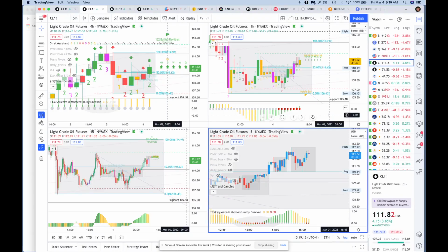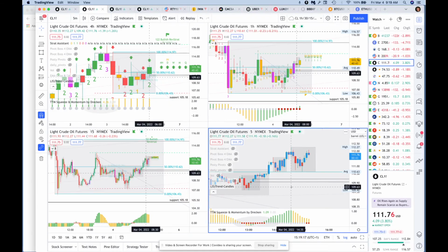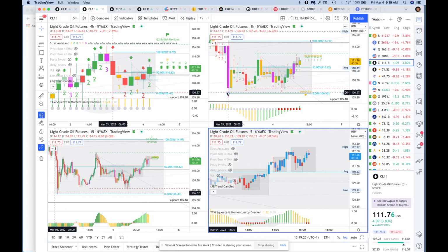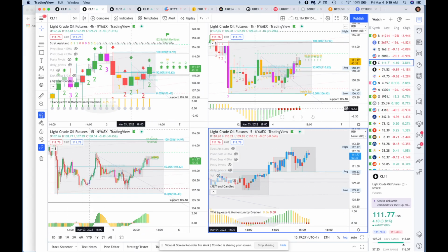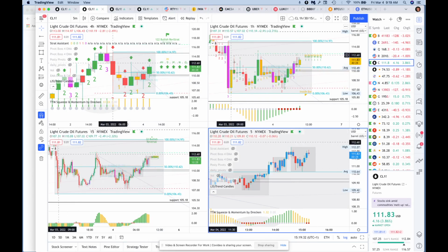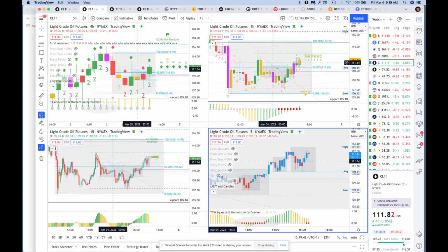Okay, here's another little tip about using Strat for entry and exit. In addition to the fact that there's a squeeze present, this is so cool. When you have a large outside candle on a longer time frame, like I'm always trading 5 minute as a scalper, but if you see a couple time frames up a giant outside candle, like you see here on this 1 hour, put a box around it, and then as price is just chopping along inside of that range,